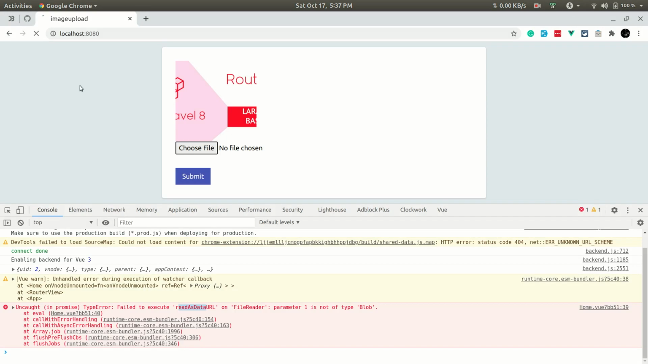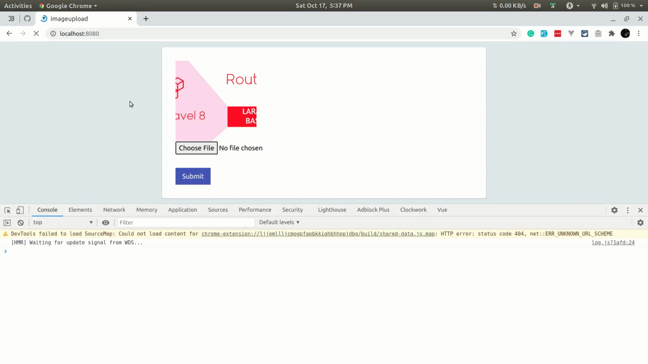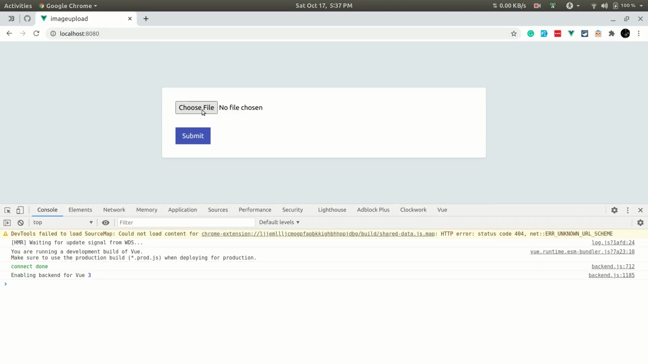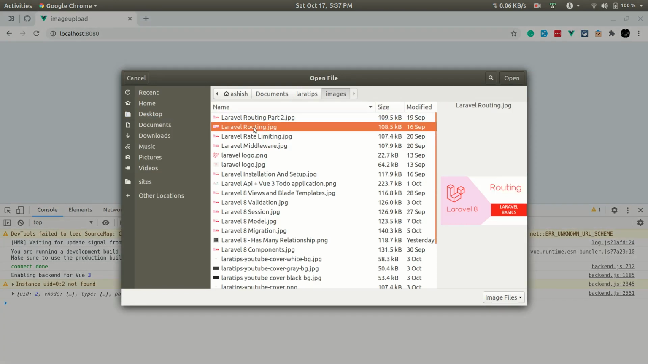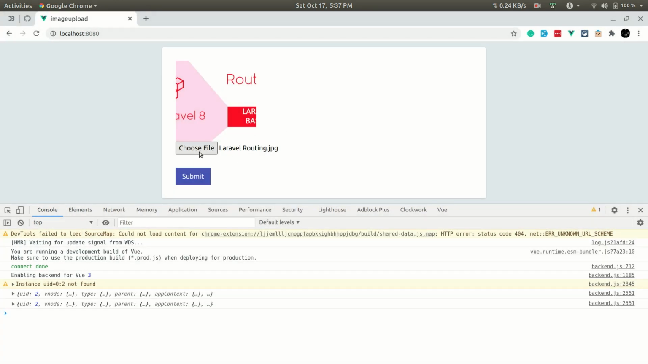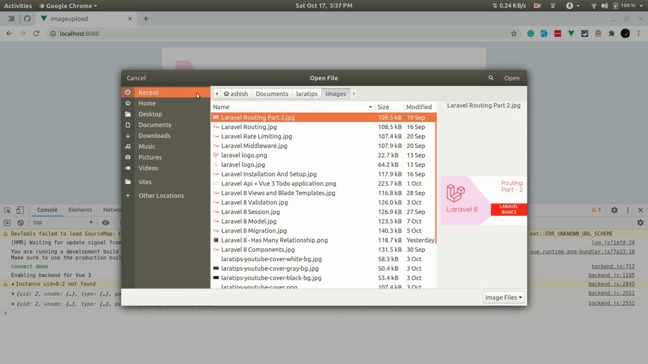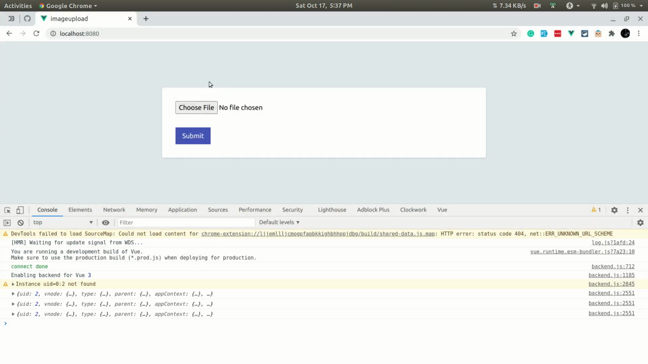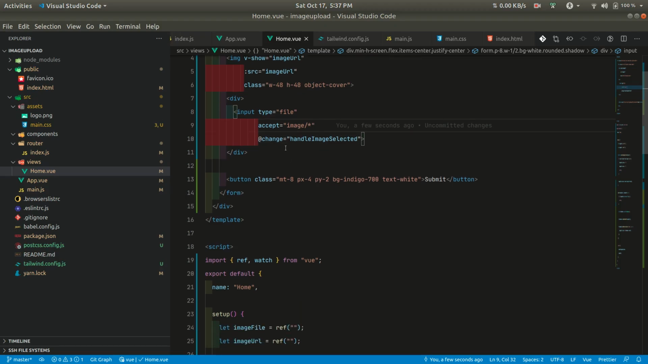So if I refresh here and choose a file, let's say this one again, and now if I choose a file here and again cancel this, now you can see that the image is gone and it is saying no file chosen. So that's been fixed, and now whenever we click on this submit button,